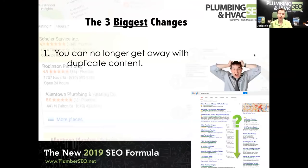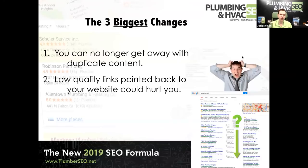So what I want to encourage you to do is look at your website, look at the pages that you have on your website, and identify, are we using the same content across the site? And if so, that's a big gotcha that should be looked at. The second big thing that has changed is